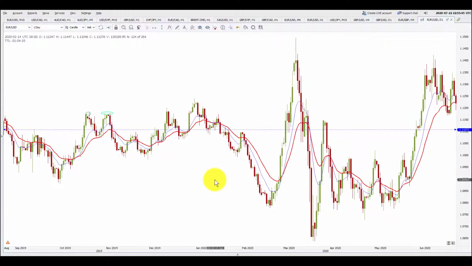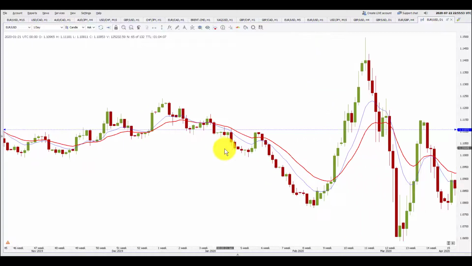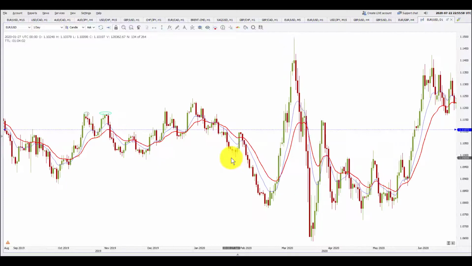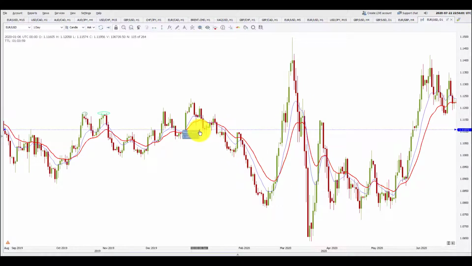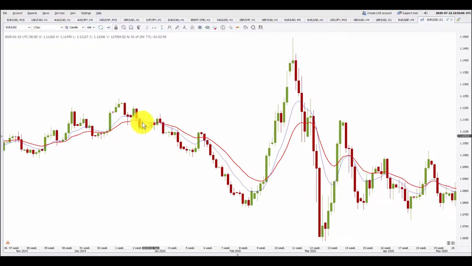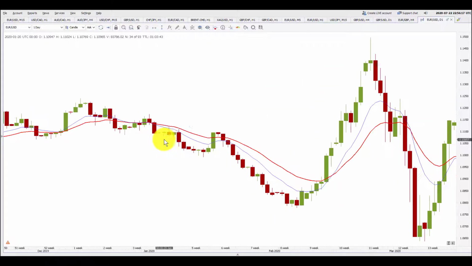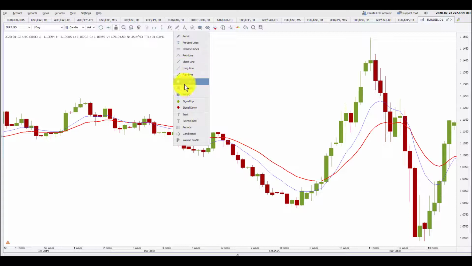Let us see what happens here. You see here, the price went down, continued upwards, and then it gave a bearish pin bar here. Well, this can be taken as a continuation from the dynamic resistance. I'll just remove this one because it is not a reversal here. This is a continuation of the trend. The 10 period moving average came below the 20 period moving average. The price went below that 10 period moving average, then again came inside both of them, and then finally came out after forming this bearish pin bar.